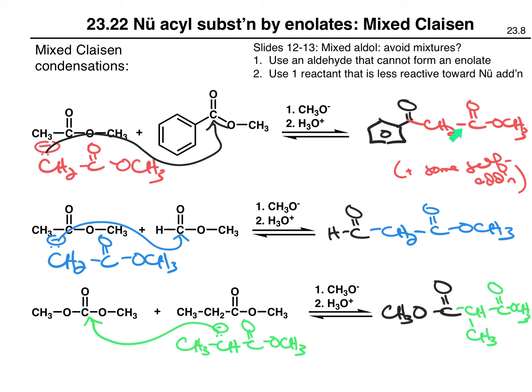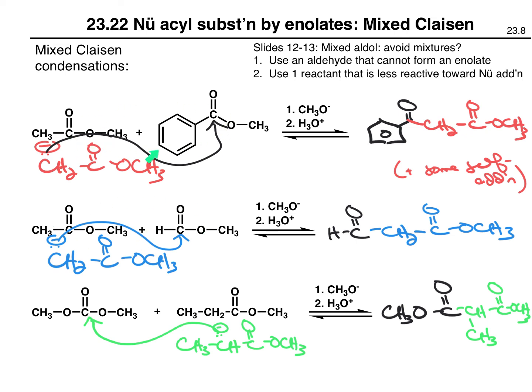Notice what we're making here. Again, here we have some beta keto ester, another beta keto ester, or a beta aldehyde ester. Here we have a beta diester. So keep in mind, these two could be used as starting materials in the acetoacetic ester synthesis. This one could be used as a starting material in the malonic ester synthesis. So mixed Claisen condensations can be carried out to give only one major product if you are using the correct